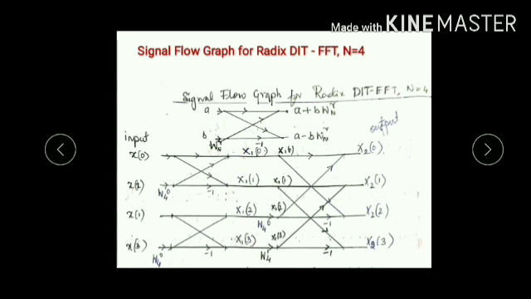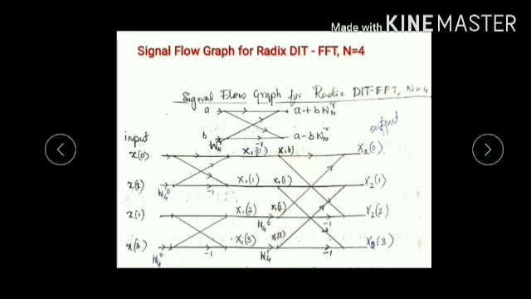Now I need to calculate x2 of 0, capital X2 of 0. So look at x2 of 0, which points or arrows are coming at this point. So whatever answer you're going to get, x1 of 0, x1 of 1, x1 of 2, x1 of 3, these will be the inputs for these lines now, right? Whatever answer you're going to get will be the same answer for these lines. So x2 of 0 is obtained by x1 of 0